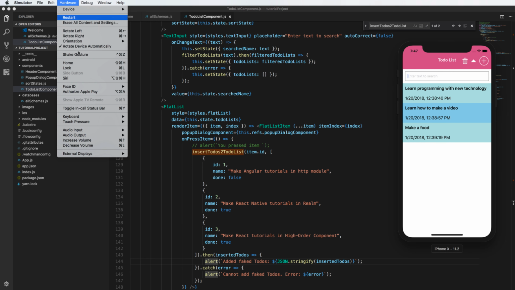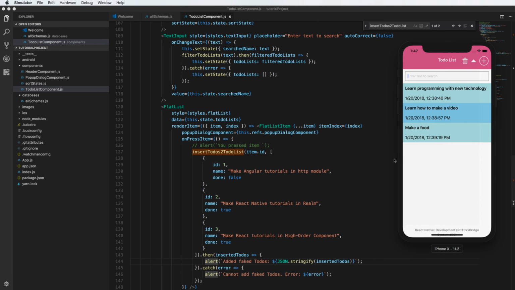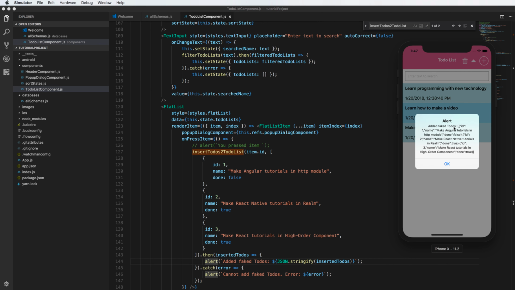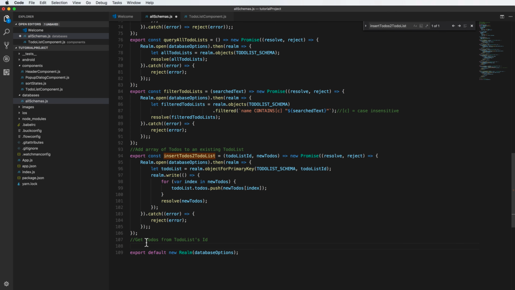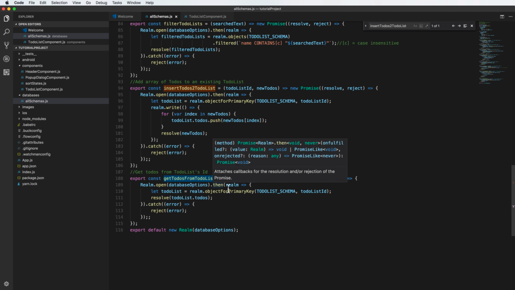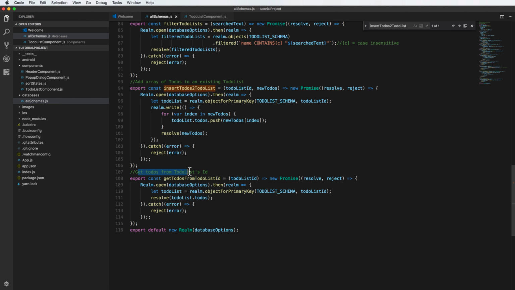Okay, so let's run fake reload. Yes, and after you click on this only one time, the alert shows here. It means that in the database we already have 1, 2, 3 objects. So for sure you can create a function to get the to-dos from a to-do list ID to check again. The input parameter here is the to-do list ID, and from the to-do list ID you can get the to-dos that derive from this to-do list